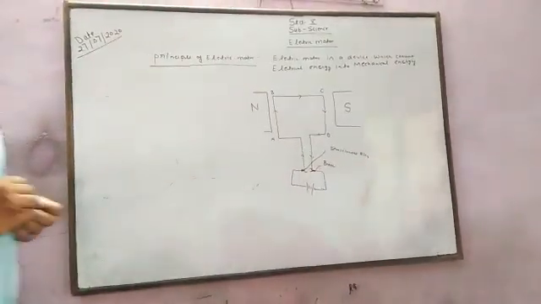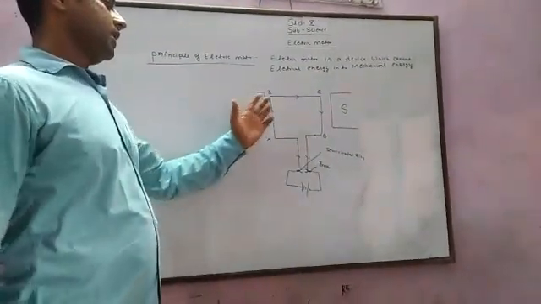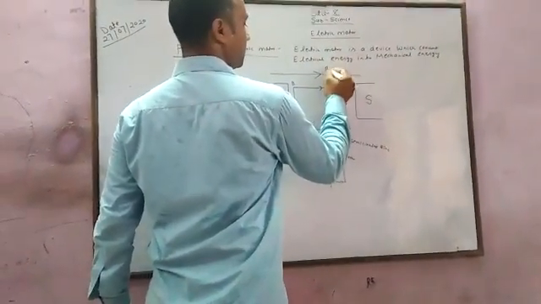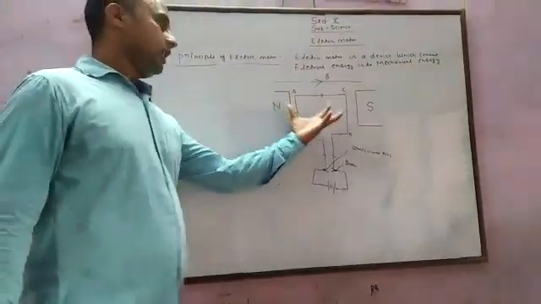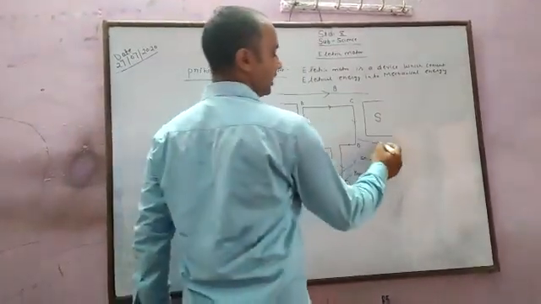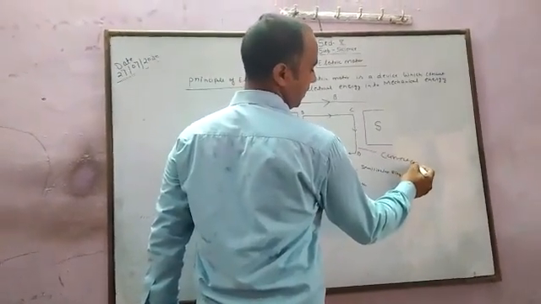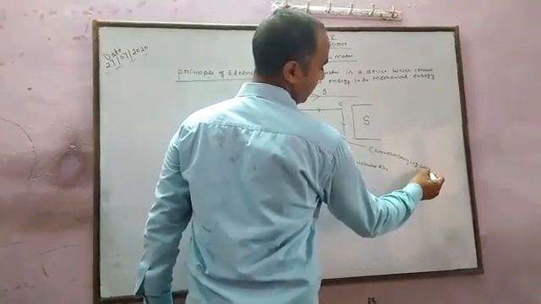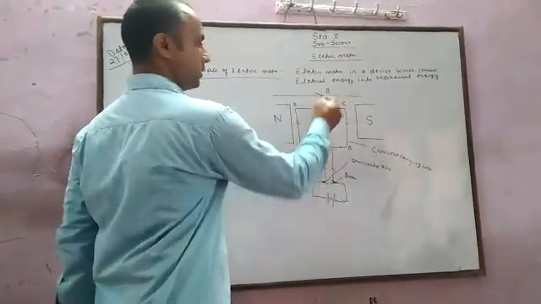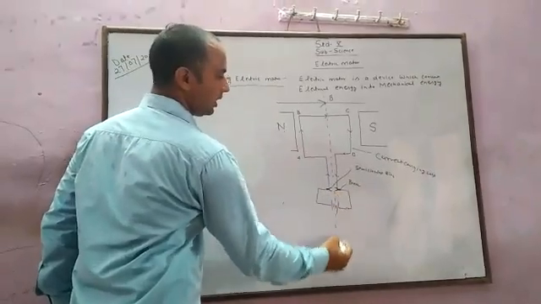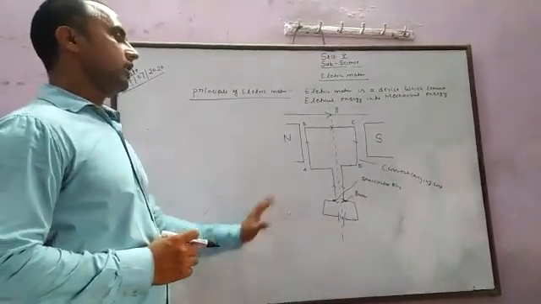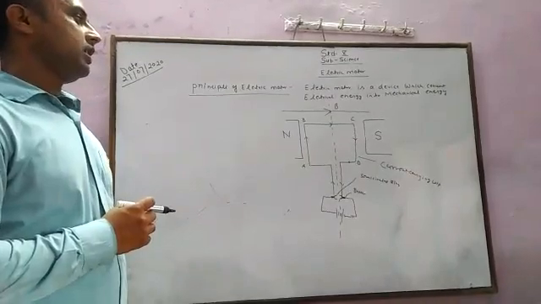We already know that when a current carrying wire is placed in an external magnetic field, a magnetic field is produced in this direction because magnetic field lines go from N to S. So when a coil is present in a magnetic field, this current carrying loop experiences a force, and thus is forced to rotate, and hence we can say that electrical energy is converted into mechanical energy. Hence this is the basic principle used in the electric motors.